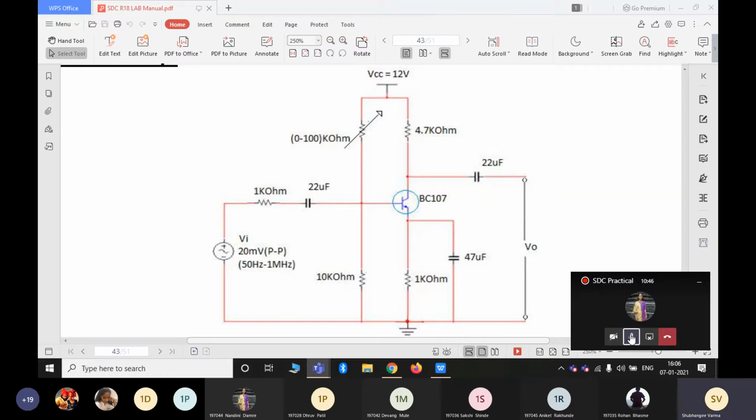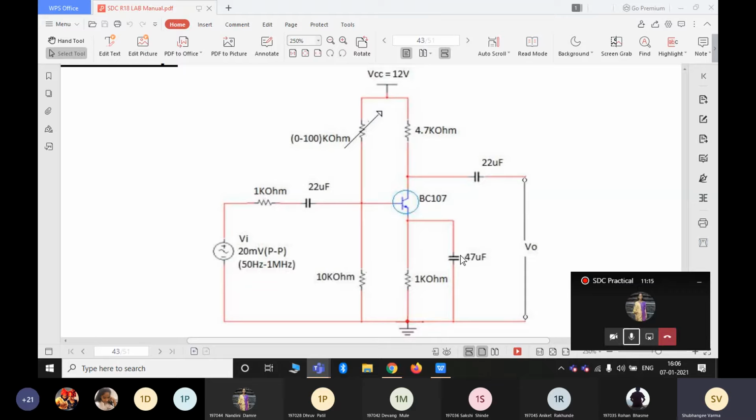Today we are going to perform frequency response of CE amplifier. Here you can see this is an NPN transistor connected in CE configuration. We have seen the function of each component and we have also gone through the working of CE amplifier. We have also seen the bandwidth and the frequency response of CE amplifier.